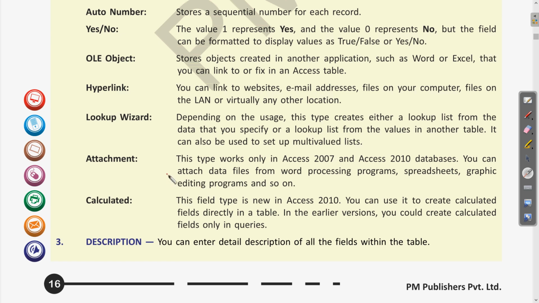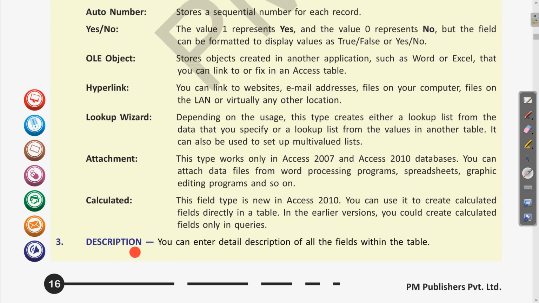Clear? The earlier versions don't have this attachment data type. Then calculated, there is one more, which is used for a calculated field directly, and this is also present in the versions after 2010.